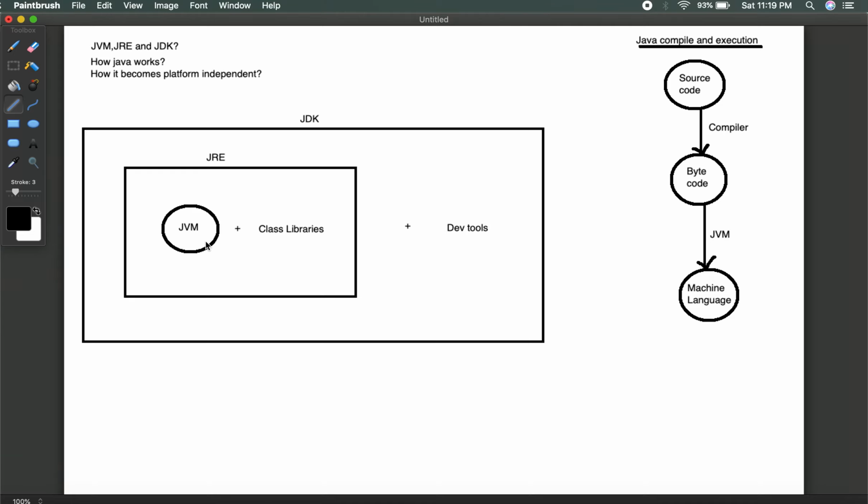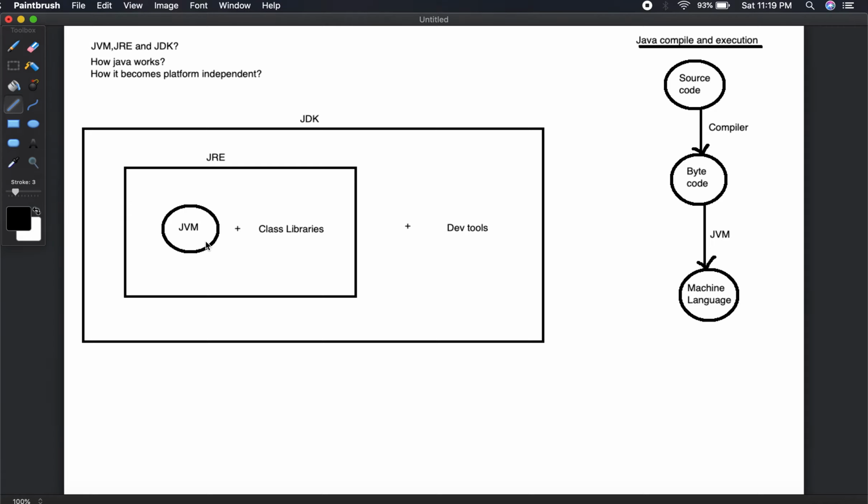So if you have a Java program and you just want to run it on your machine, a JRE is enough, because it is a Java runtime environment. It has the required libraries and components to execute the program.